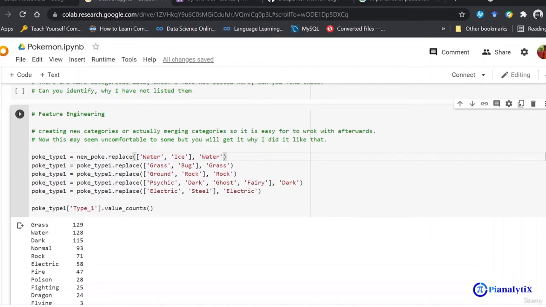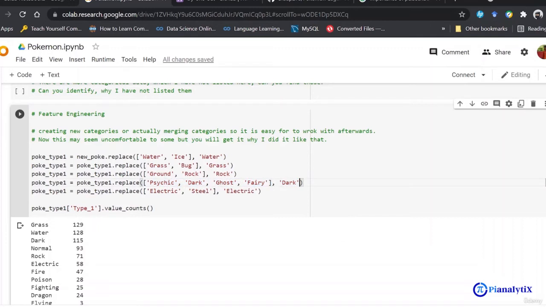So basically, wherever the replace function is looking at water or maybe having a value of ice in the column, it replaces it with water. Same I'm doing with grass bug, and you can see that here a lot of replacement has been done.